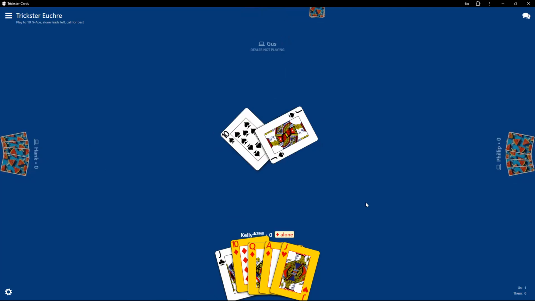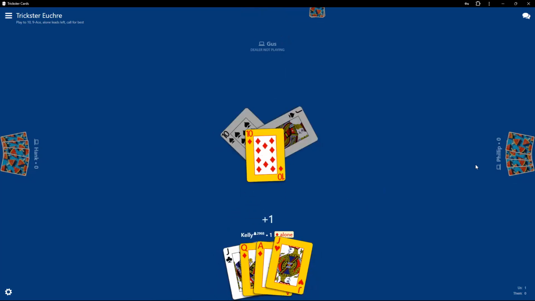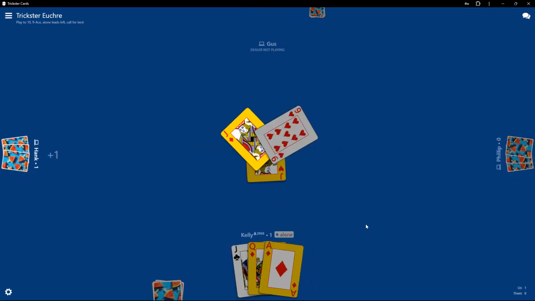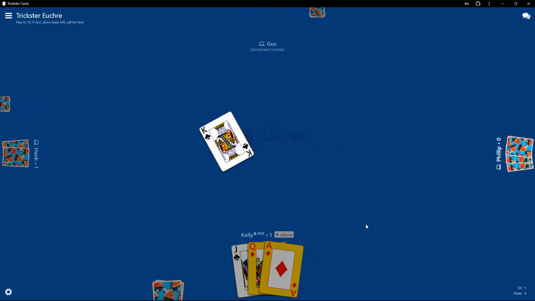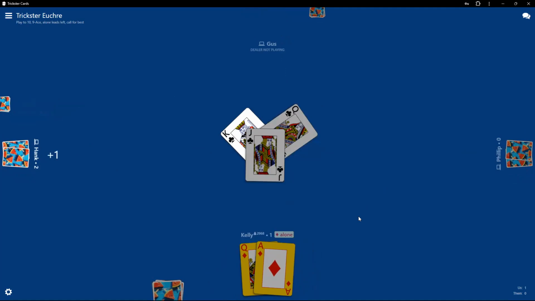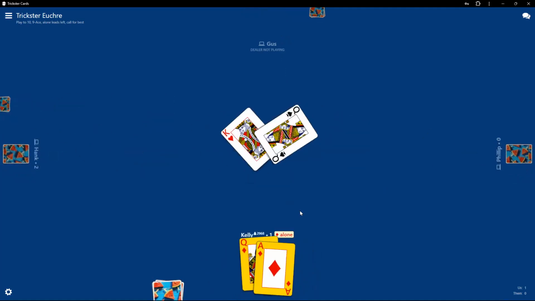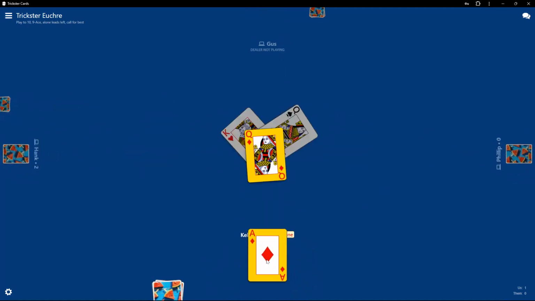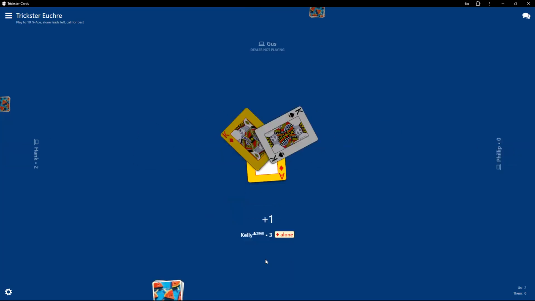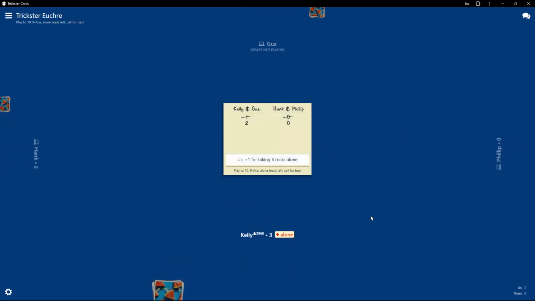So again, there's a 40% chance that one of these other partners, I'll play this, has the right Bauer, or it could be in here. So I'm just going to go ahead and see that. My purpose for going alone was, hey, maybe I'll get all five, but it's almost a guarantee that you're going to get at least 1 point. So that worked going alone.